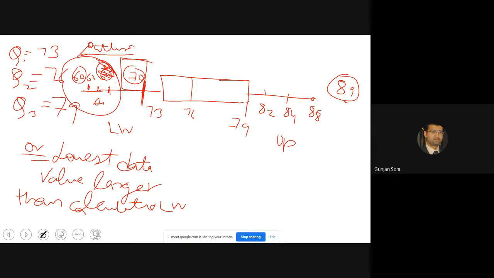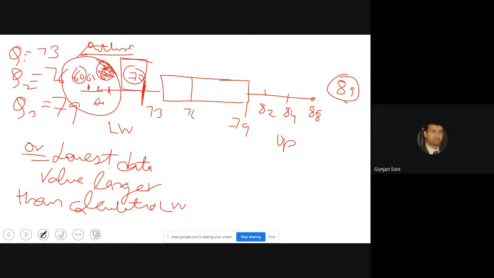So where should our upper whisker be now? 84. Good, Shreyash. Anyone else? Is it 84 or anything else? Do all of you agree that it should be 84?